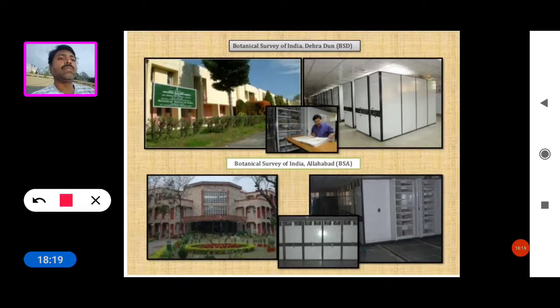This is the Botanical Survey of India at Dehradun, BSI, and the Botanical Survey of India at Allahabad.